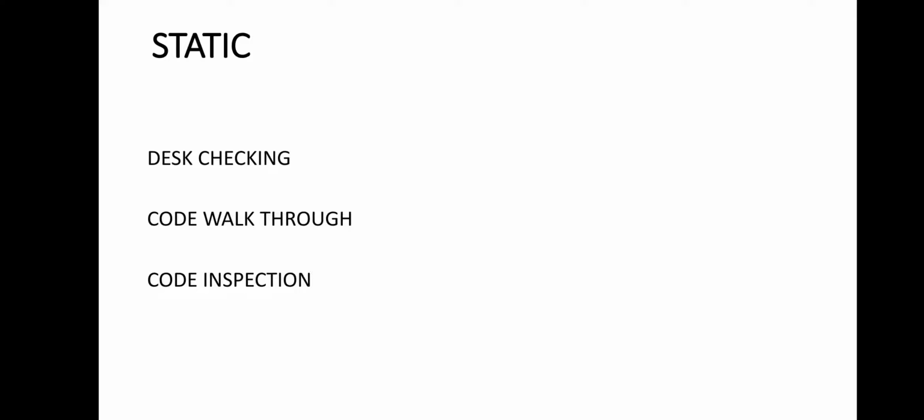So basically, static testing in the initial phases is done by humans. Sometimes humans can find errors that a computer cannot. So we take this thing into account, and static testing by humans is done. By making multiple humans read and evaluate the program, we can get multiple perspectives and therefore have more problems identified upfront than a computer could. So that's why static testing is basically done by human beings.